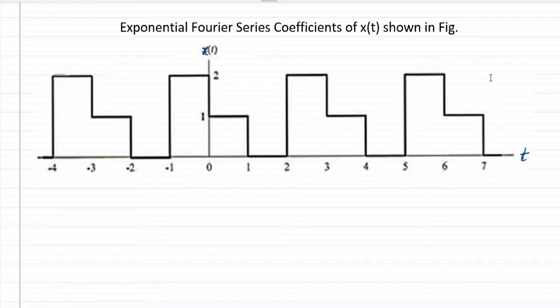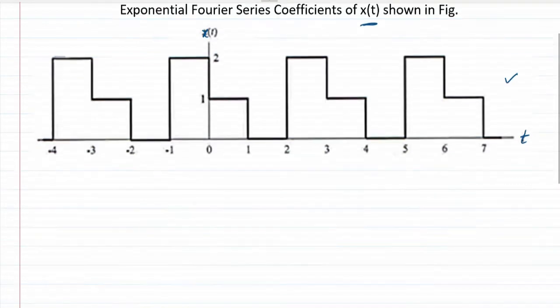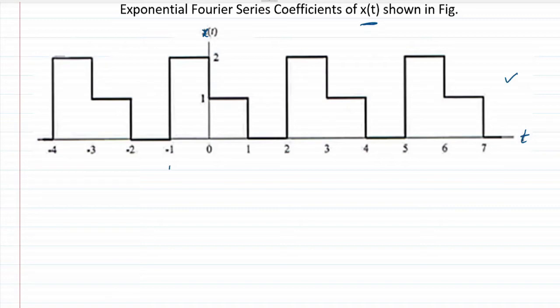This video gives an outline of how to find exponential Fourier series coefficients for x of t, and x of t is described over here. So initially we can find the time period, that is the time period after which the signal would repeat itself. So this is a periodic signal, so hence the time period T naught is from -1 until 2,